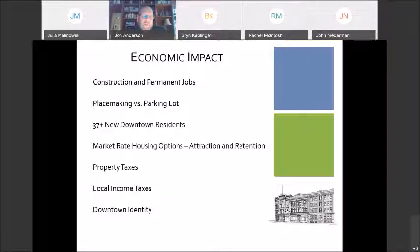Building versus parking lot. I'm obviously partial to historic buildings. I always think it's better to save a historic building than it is to create a parking lot, or to create a pocket park. And so the city of Huntington, thankfully, through their leadership, recognized that and did that as well. Adding 37 plus new downtown residents for